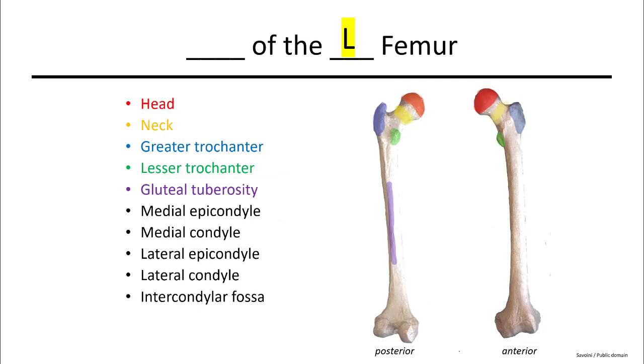So in this left femur image, we can see the head is identified in red, the neck is in yellow. Then we have the greater trochanter and lesser trochanters. These are comparable to the tubercles of the humerus, but they're larger, so they're called trochanters on the femur. Then midway down the posterior surface of the femur, identified in purple, is the gluteal tuberosity, where your gluteus maximus